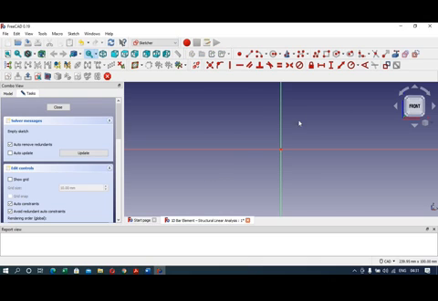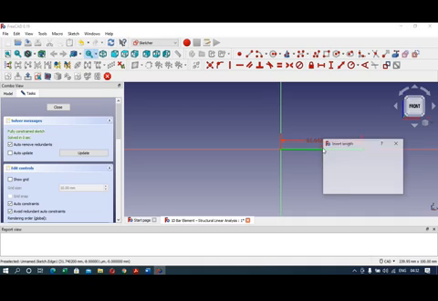Now the length of the bar is 100 mm. From here you can select create a line in sketch. Click on this button and draw a random line. I have drawn a line here. Now select the horizontal distance between 2 points constraint, which we are going to apply to this line. I will click on this button and select this line.